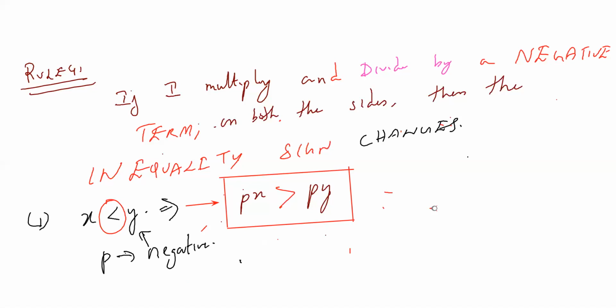So you will have a doubt. What is this p term? As I told you, p is a negative term. Currently, I'm giving it as a variable. So all of you will have this doubt. Since I just wrote only p here, it's a common doubt for us. Instead of p, if I'm using a number, -2, and I'm multiplying -2 on both the sides, it will become -2x greater than -2y. So clearly the symbol changes.